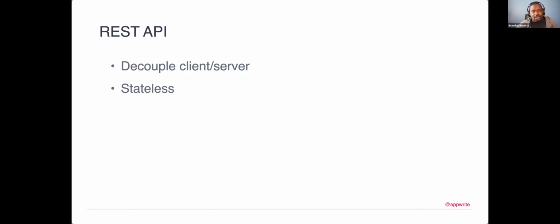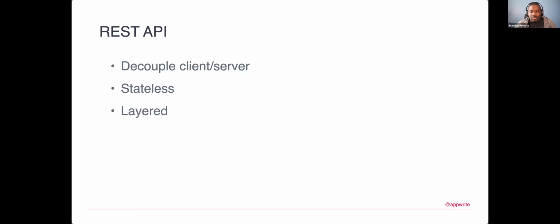It's also stateless, in that there isn't data that's persisted between each request. Each request is considered to be unique and fetches the data or processes that particular action and returns that data back to the user through that API.